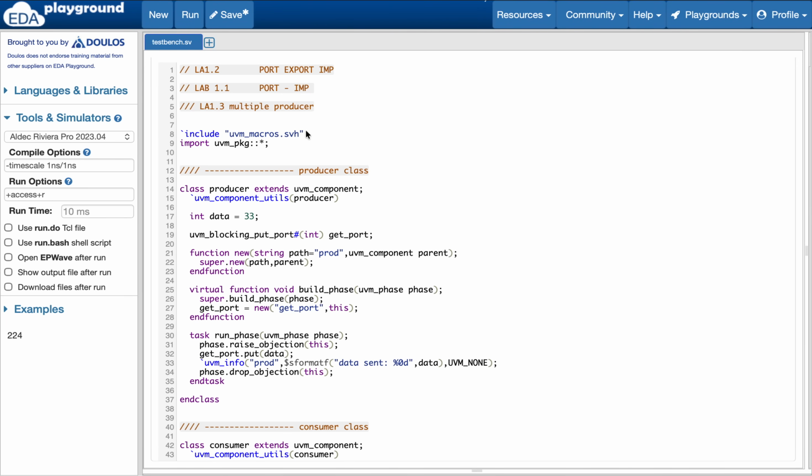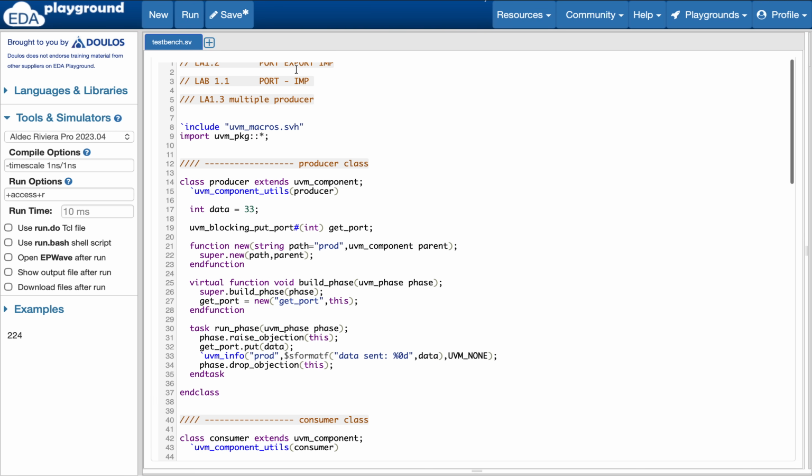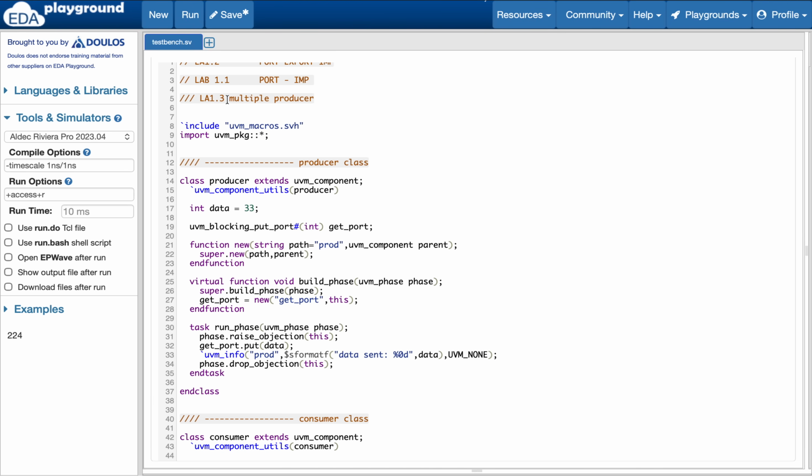Welcome to the new lecture of this UVM TLM series using EDA Playground. In lab 1.1 we discussed how to use the port and implementation. In lab 1.2 we discussed the usage of export. Now in lab 1.3 we will see what happens if we have multiple producers and a single consumer